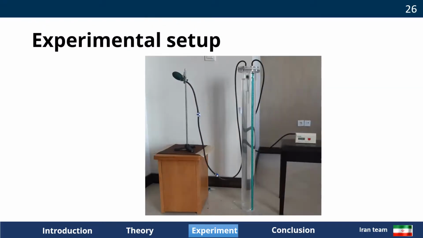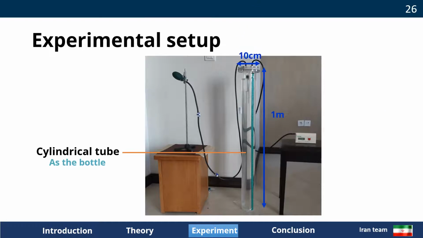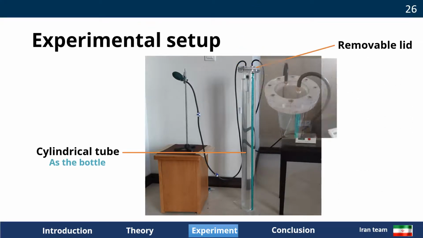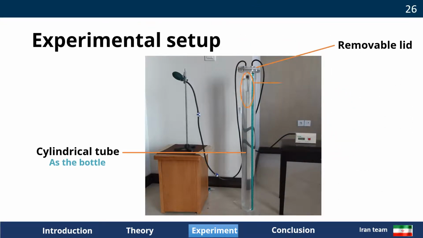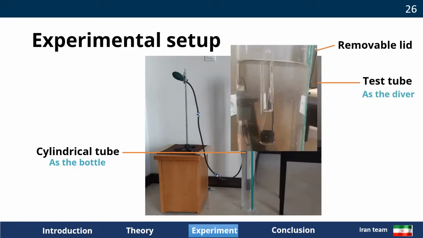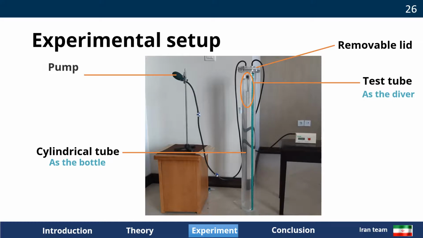This is our experimental setup. We use a cylindrical tube as a bottle with 1 meter height and 10 centimeters diameter, a removable lid at the top of our cylinder, a test tube as the diver that we marked with black tape so that we are able to track it with Tracker, a pump to apply pressure on the liquid surface, a three-way stopcock